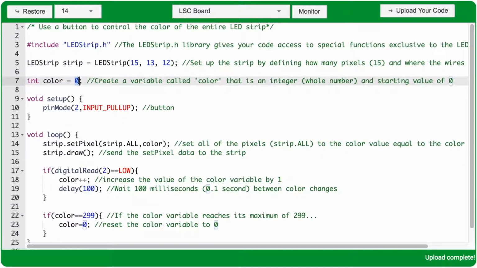Next, we use an equal sign and give the variable a starting value. So I want color to start at 0. So we have an integer called color with a starting value of 0. In the void setup function, we'll use the pin mode function with arguments 2 and input pullup to set up a button. When a button is set up as an input pullup, when it's pressed, it sends a low signal